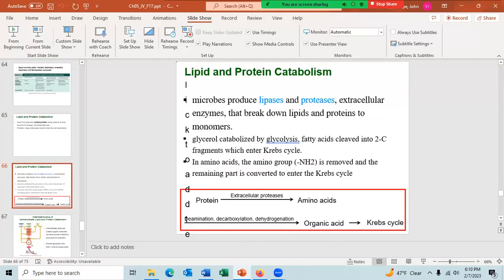All right, let's return to where we were. The point is that these large molecules can be digested and used in aerobic respiration or another form of respiration. They can also be used in fermentation. If they're used in fermentation, then we will only get 2 ATP molecules, whereas with aerobic respiration, we get many times more. All right, any question about any of that?